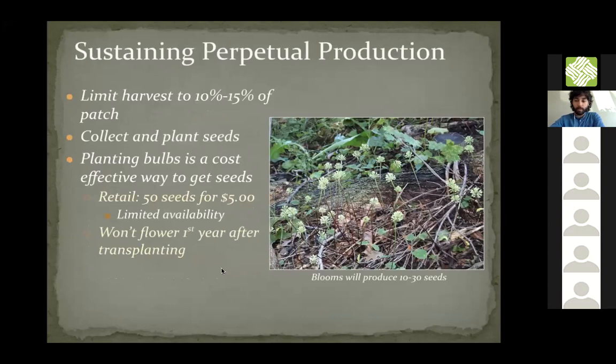So something that you might want to think about, and this is true whether you're doing a wild harvest and working with an existing population, or starting a population and thinking about sustainable management over time. Ramps are slow growing plants, like we touched on. From seed, it takes a plant 7 years, 7 growing seasons to reach reproductive maturity,